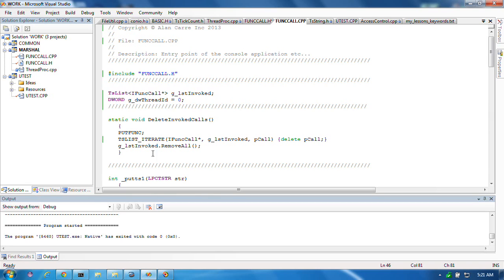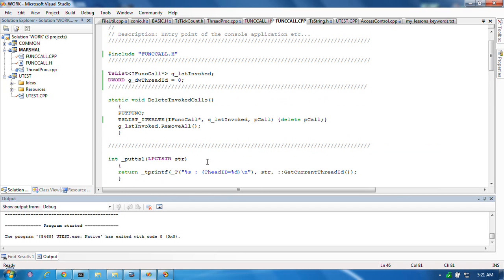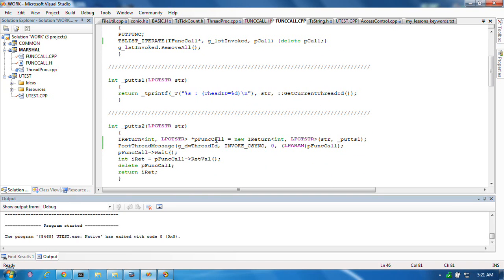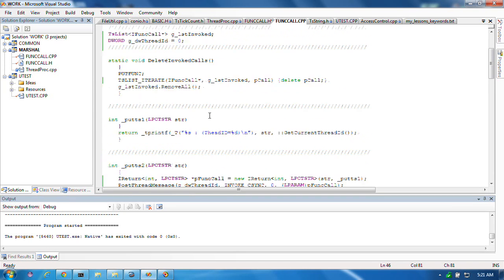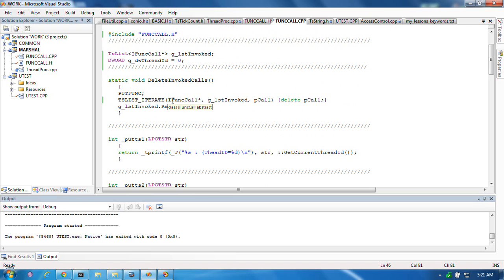One way of accessing the list is doing this. Another way is just accessing it anywhere. It's not protected in any way. Nothing's protected, and what I want to do is create a situation where we're going to get a crash, okay? And I'd like to be able to generate various kinds of crashes and then show how to stop that from happening, how to protect this global object from